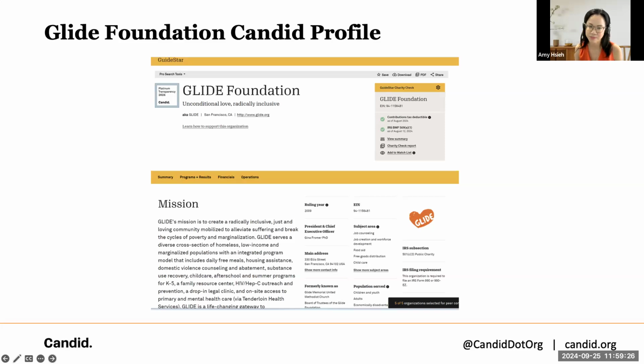This level of transparency is really important, but in very different ways. So the Glide Foundation, we are a premier, very large legacy institution in the city of San Francisco. Through our association with Glide Memorial Church, we've been an anchor institution in the Tenderloin neighborhood of San Francisco for over 100 years. We have over 11,000 individual donors.